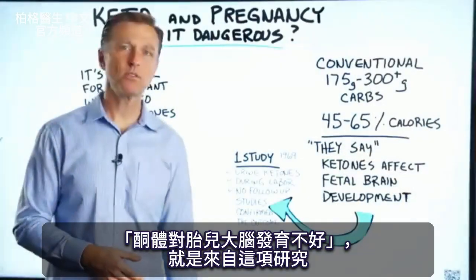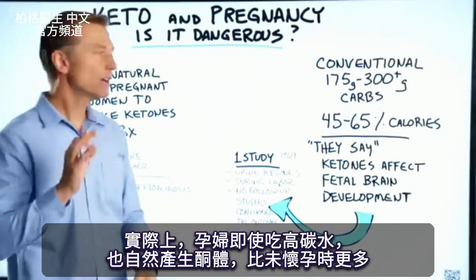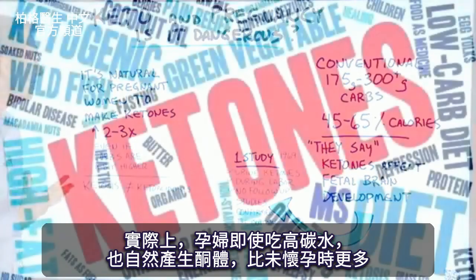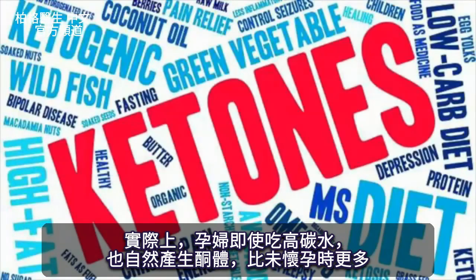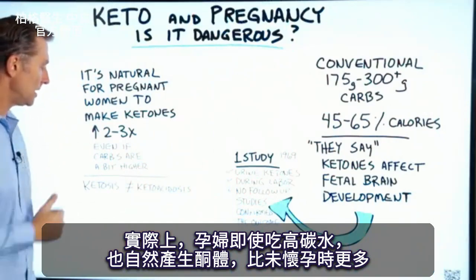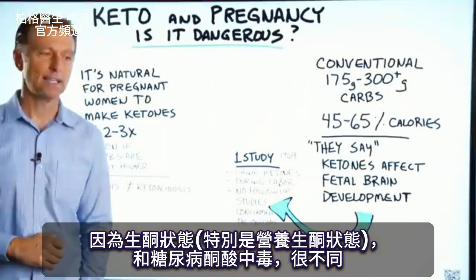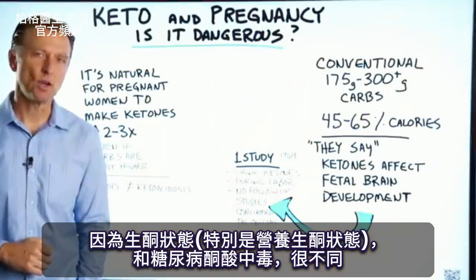So that's what this whole concept is based on, this one study. It's actually very natural for a pregnant woman to make ketones, even more ketones than when she's not pregnant, even if the carbs are a bit higher. What you have to realize is that ketosis, especially nutritional ketosis, it's not diabetic ketoacidosis,